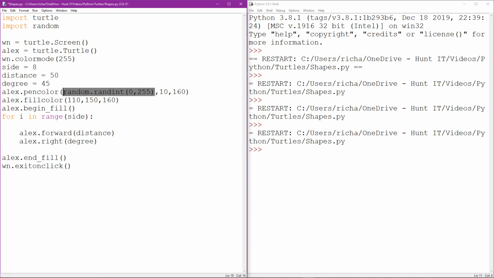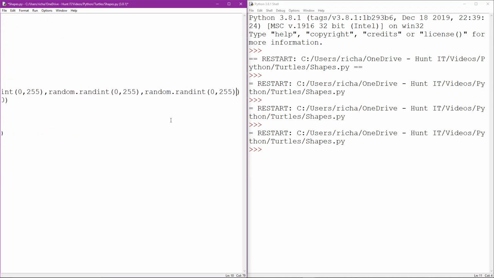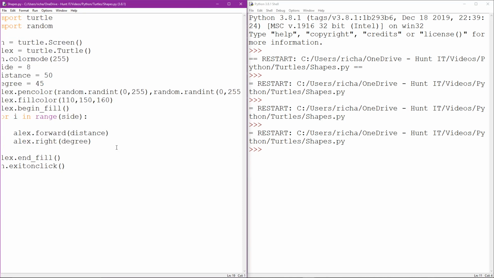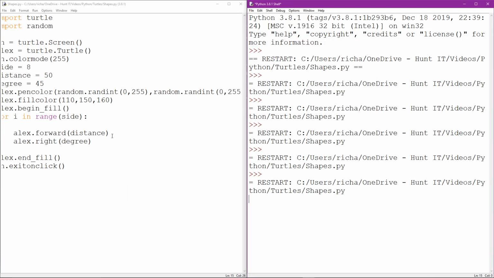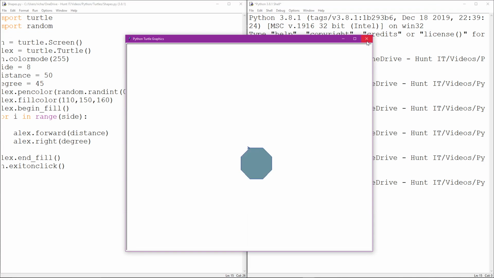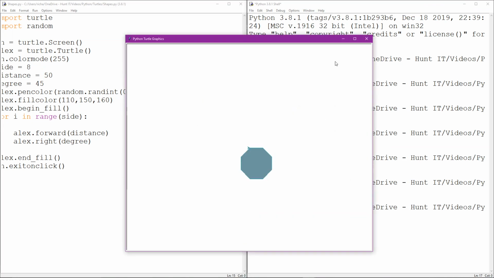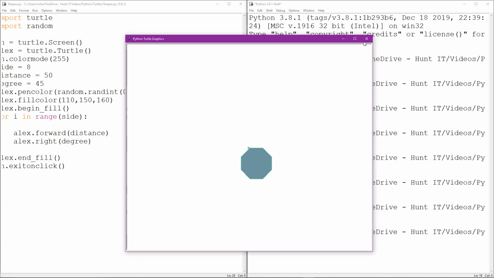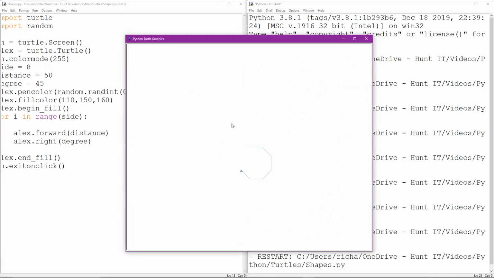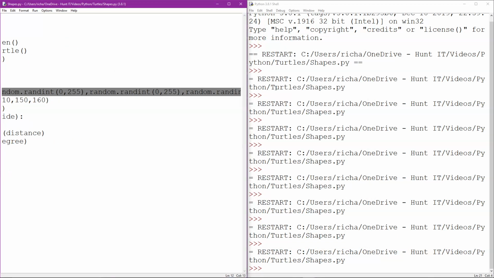So what will happen is if I set these three values to random ints and run it, each time we're going to get a different pen color, and I can pretty much prove that every time I run it. So each time the outside is different in color. Nice and simple, no problem, it's dead easy to do. All you need to do is give a start and ending value. Right, I'm going to do that as well